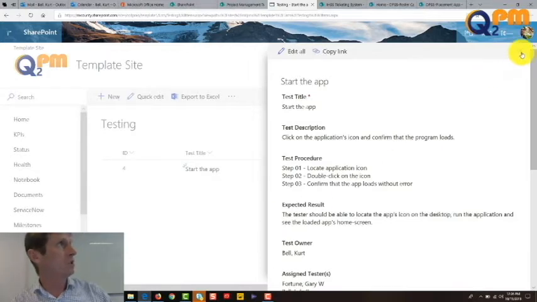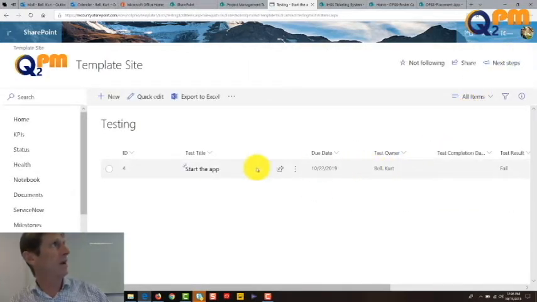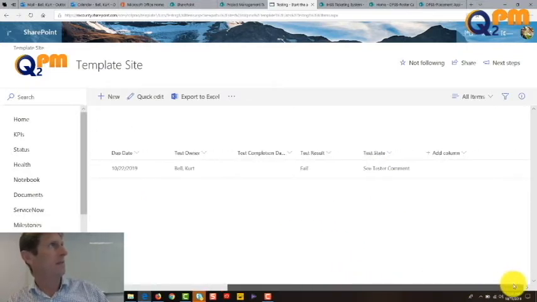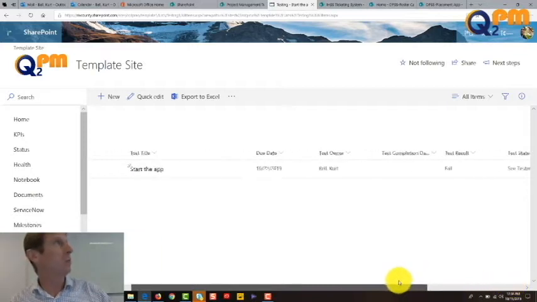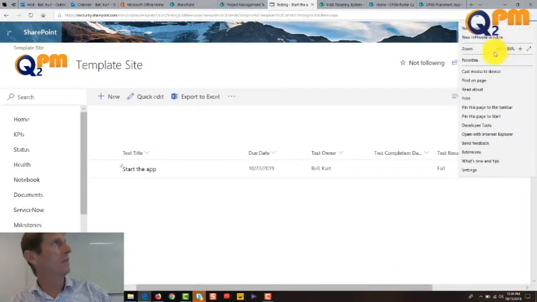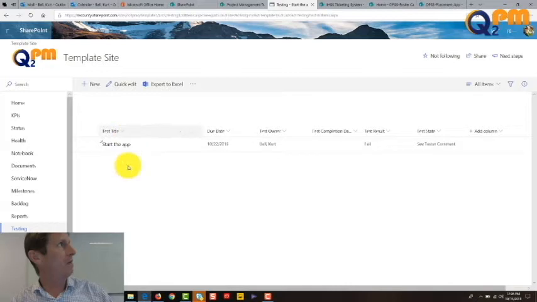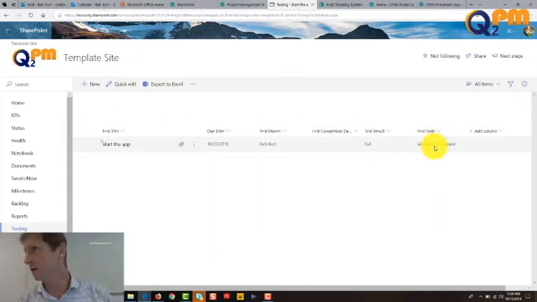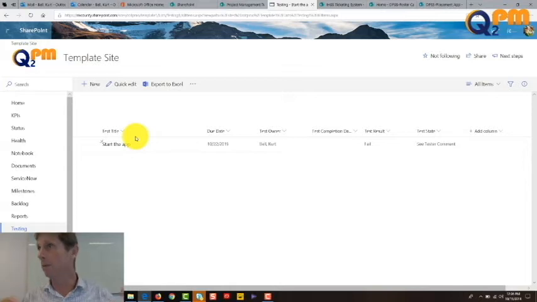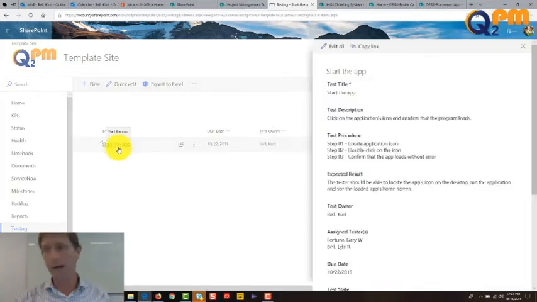Okay, now, so we've just saved that. Now you can see that we have the app and it's in a fail state, and see tester comment. So what it can do now is, let's say we had 5 different tests set up. As the developer, he or she could just log into the application and refresh the page and see that we have something with a tester comment. Now let's say that she goes in, sees the comment, recognizes the problem and fixes it. Then she simply clicks on the item again,